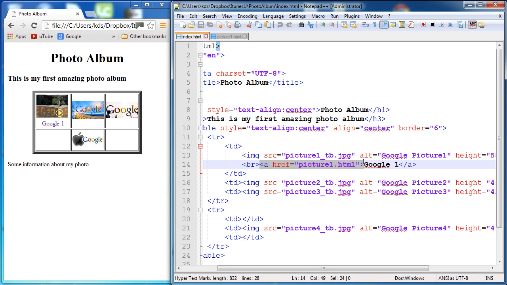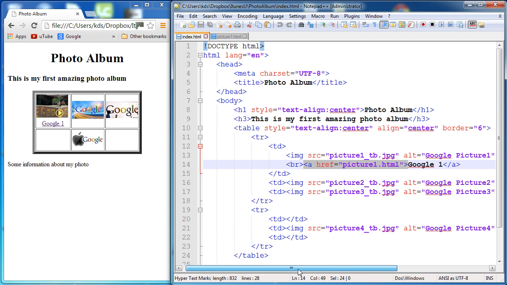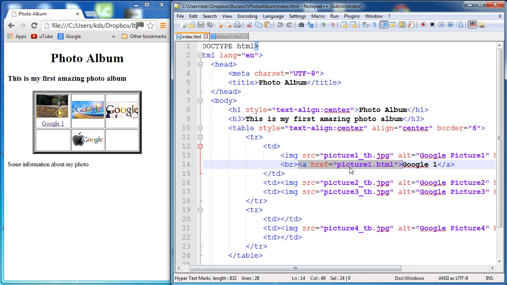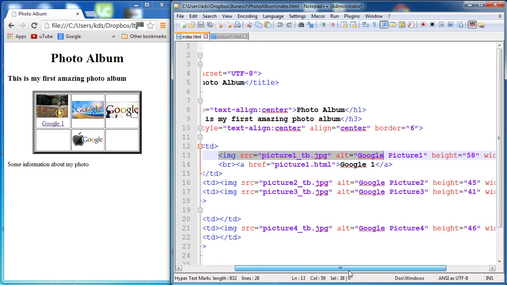So if we just have a look at the little bit of code that links us with the other web page, this is it here. It's in our index HTML, our root web page. So if we want to create exactly the same link on the image, then all we have to do is put this reference link around the image. Now the image for picture 1 is just up here. So that whole